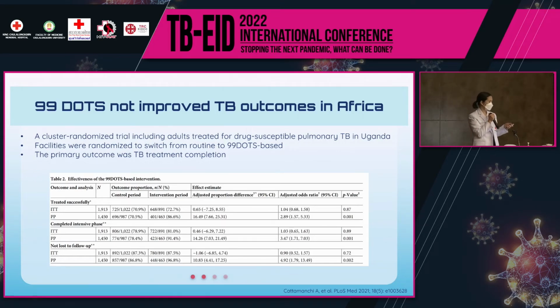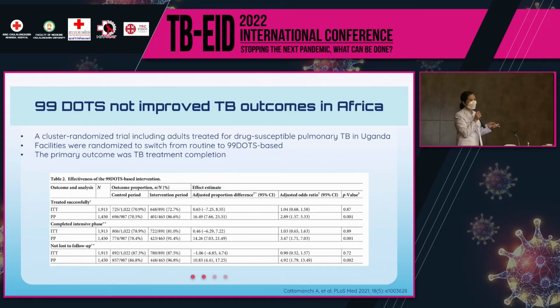You can see that the control arm has about 71% treatment completion, compared to the intervention arm at about 73%, and this is not a difference. So this is a study that did not show benefit from 99DOTS, and from this study, 99DOTS